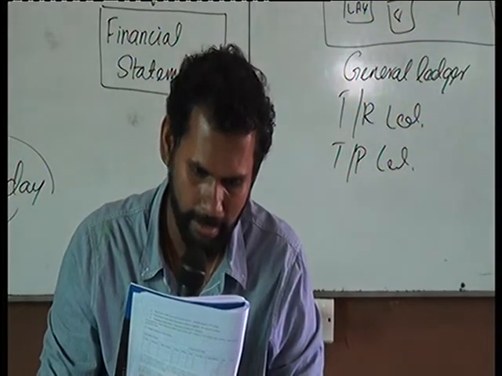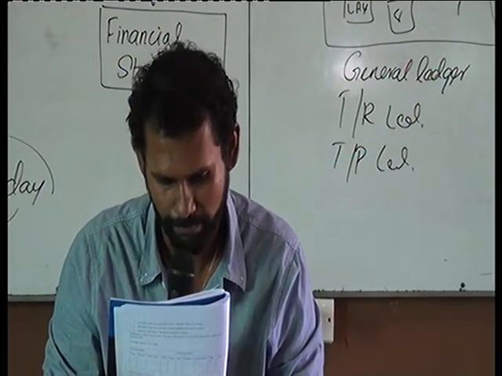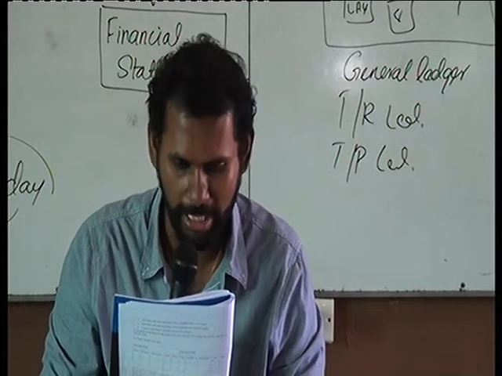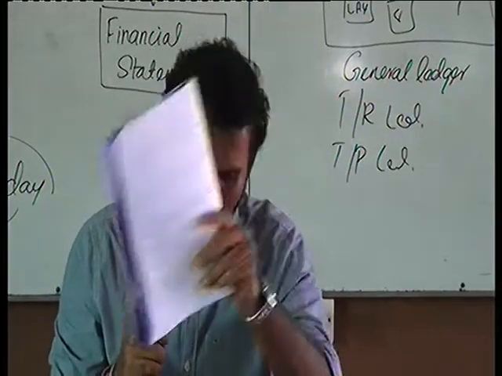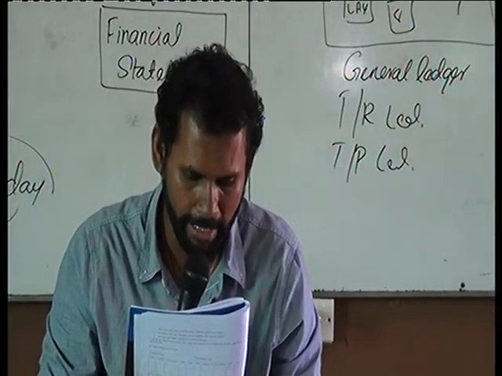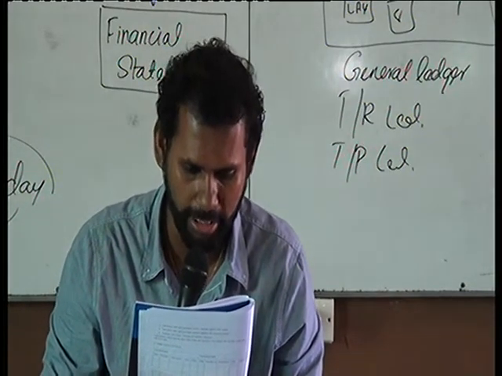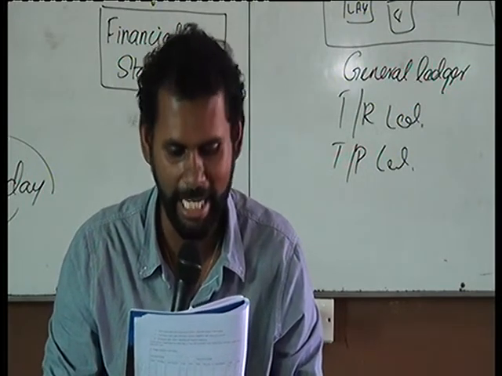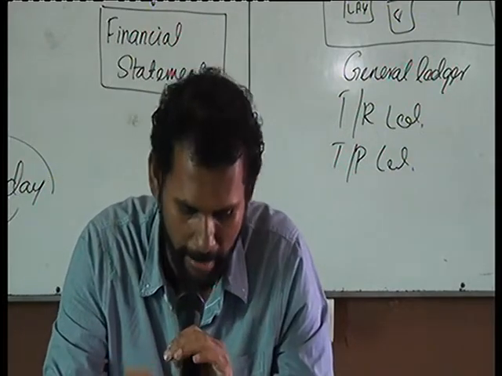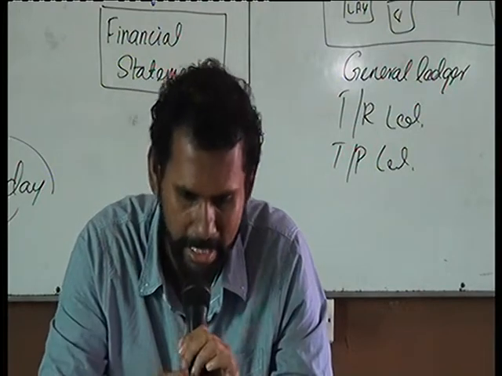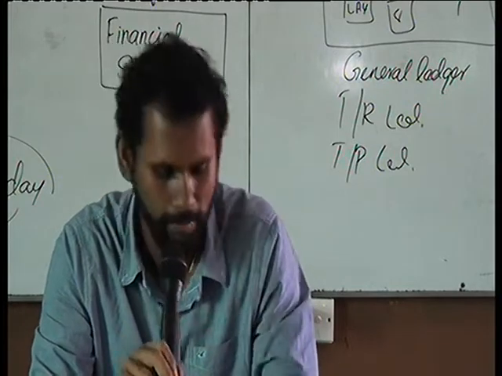Payments: a cash payment should be entered into the credit side of the cash column. A check payment should be entered into the credit side of the bank column. That's why we have two columns, the cash column and the bank column. For a payment made partly by check and partly by cash, the part of the payment made by check should be entered into the credit side of the bank column, and the part paid by cash on the credit side of the cash column. Sometimes there can be a scenario where we are making a payment partly by cash and partly by check. That sort of arrangement also can be recorded in this double column cash book.